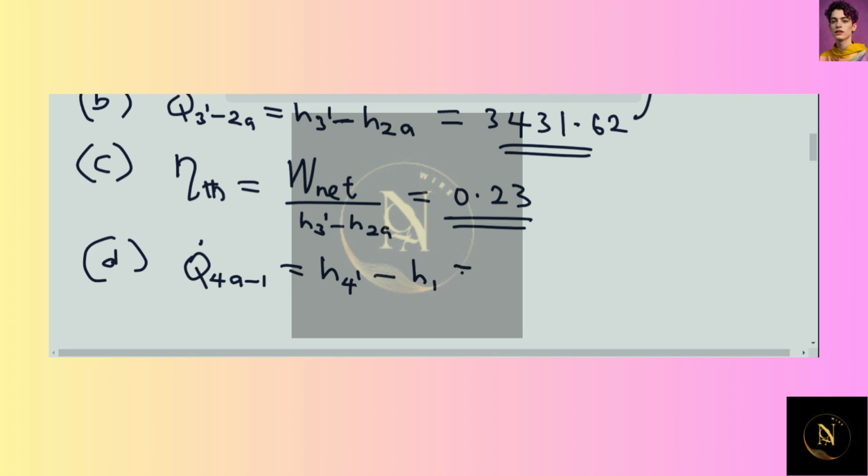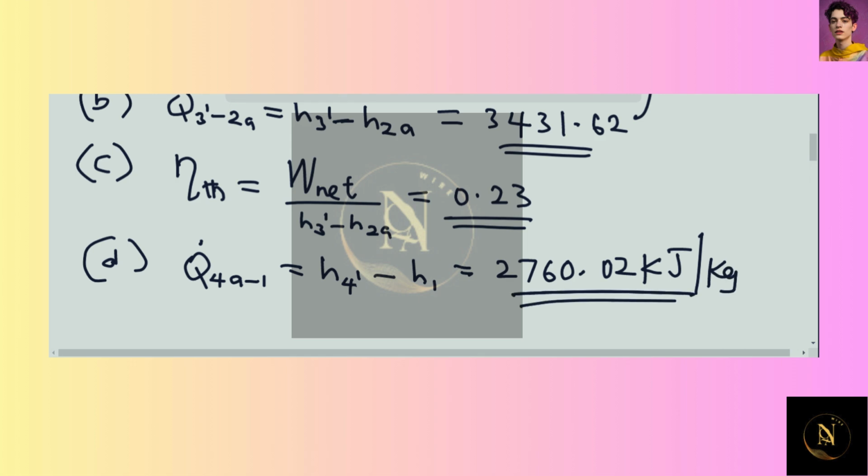So if you plug in all the values there, H4 prime we know, I'm going to arrive at 2760.2 kilojoule per kilogram. So these are the